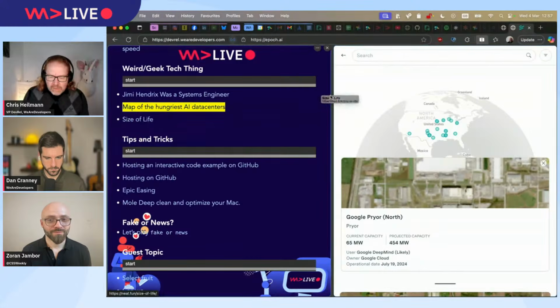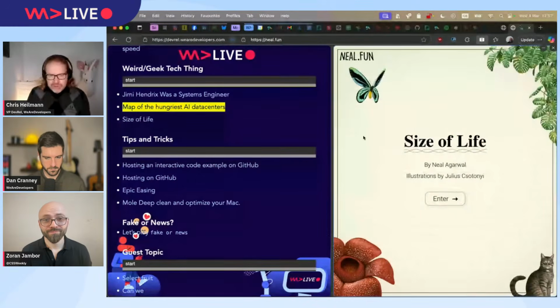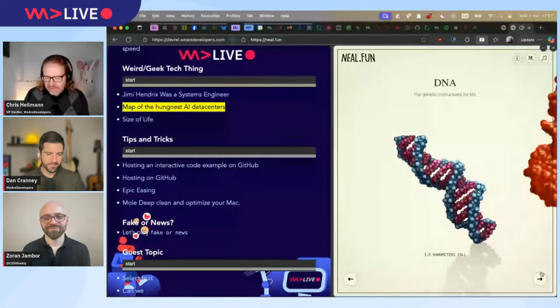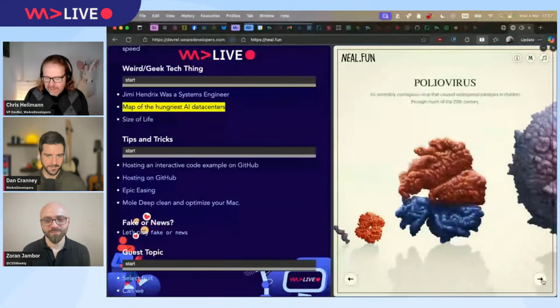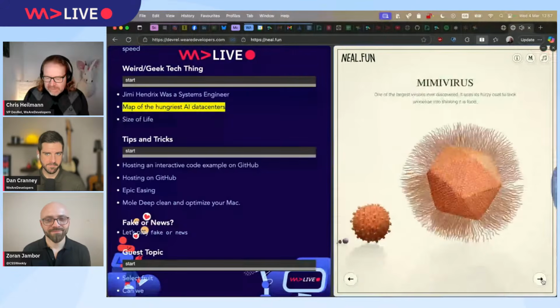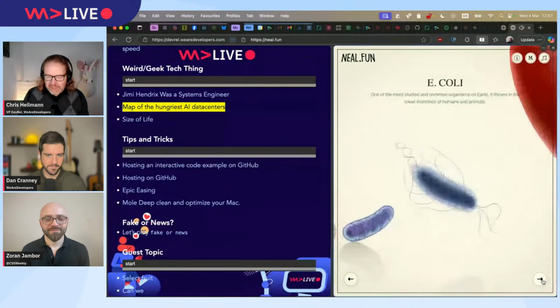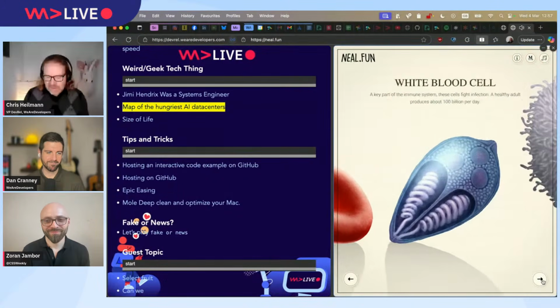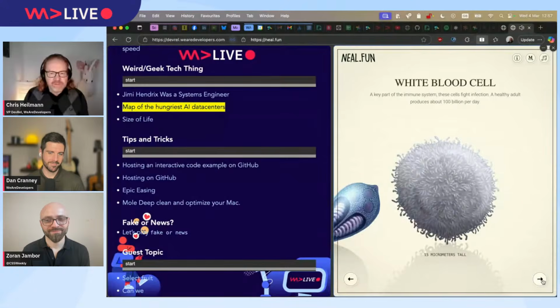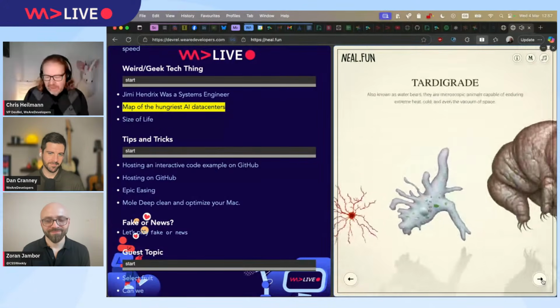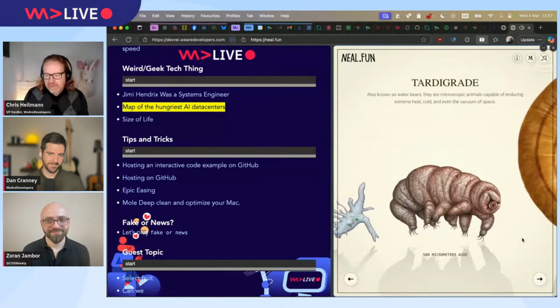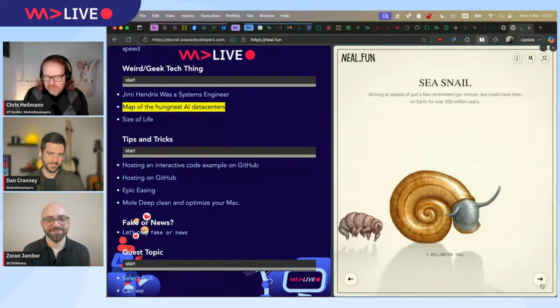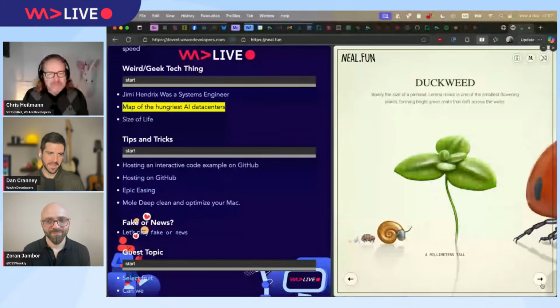Another really cute one: Neil, I tried to get him on the show, but he's not happy to be public too much. He just wants to do more fun things. The Size of Life is a site that goes from the smallest to the largest thing. What I like most about it is that it looks like a Flash page from back then, but it's all CSS and HTML. I love how beautiful these things are nowadays, and how you can stream them and make that information beautifully displayed. It's just gorgeous. He never misses.